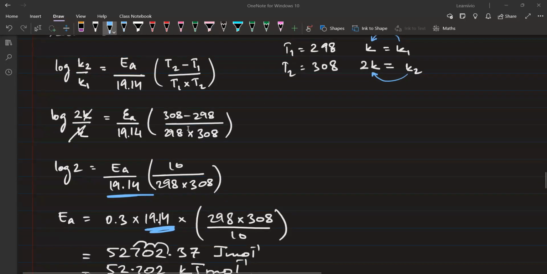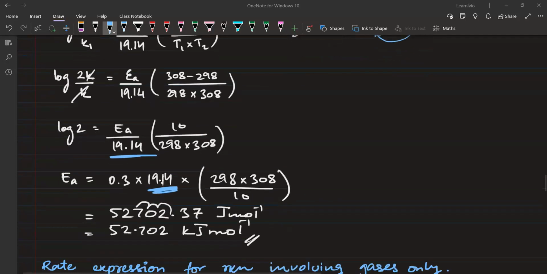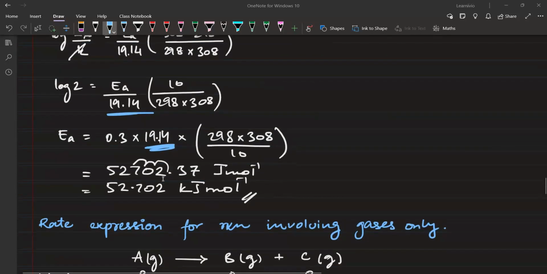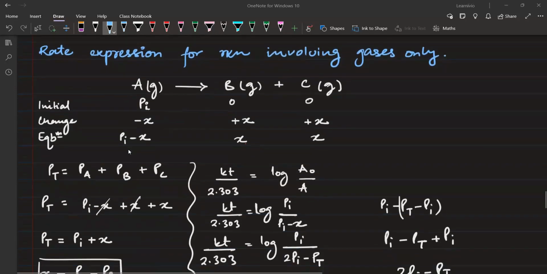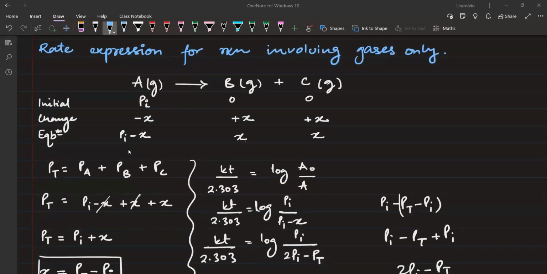This sixth section is really from the integrated rate law expression for reactions that involve gases only. ठीक है? So if we have a reaction in which we have only gaseous molecules, then for that we can have the integrated rate law expression in terms of pressure only. थोड़ा सा इसको ध्यान से समझ लीजिएगा, ठीक है? This is important। और थोड़ा सा मतलब जो concepts है यहाँ पे, these are not the 12th standard typical concept।